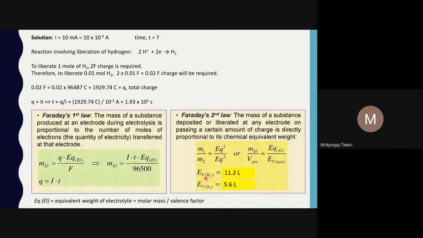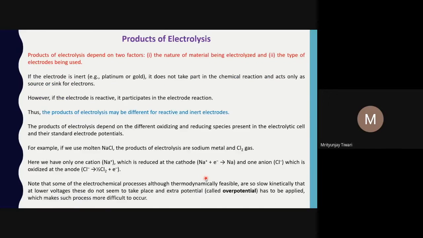For oxygen, we get oxygen from oxides, where oxygen is in the -2 oxidation state, or in the form of OH- hydroxyl ions. Even in hydroxyl ions, oxygen is in the -2 oxidation state, in the form of oxide. And thus from -2, 1 oxygen becomes O2. So actually 2 O2- becomes O2, and thus 4 electrons are required to produce 1 mole of oxygen. Thus the valency factor for oxygen is 4. And that's what the things are there.